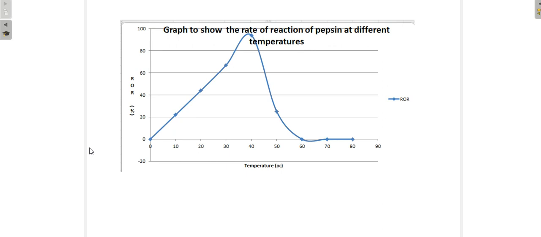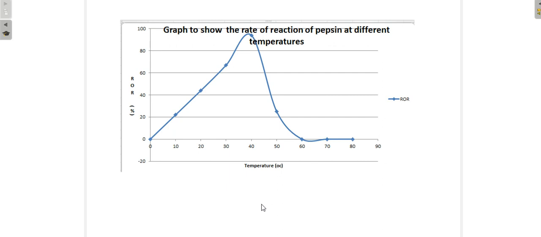So I've got a graph here. Now you'll probably recognize this graph. We've got temperature along the x-axis going up in increments of 10. So it's pretty much the same graph we saw yesterday from our other video tutorial. And then we've got rate of reaction, or ROR, in percent activity along the y. Now the rate of reaction is for an enzyme controlled reaction. The enzyme in fact is pepsin, which is a protease enzyme which works within our stomach and obviously breaks down